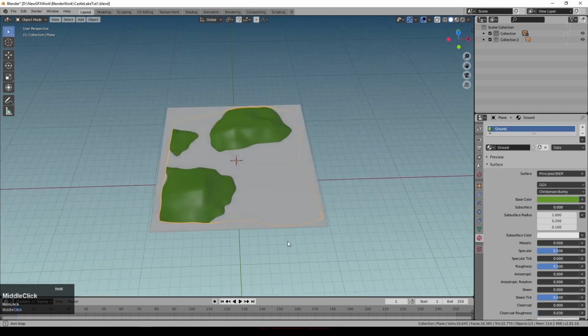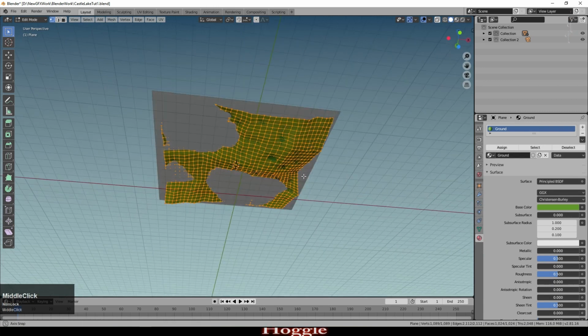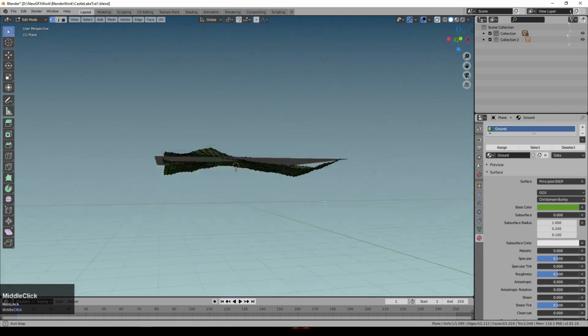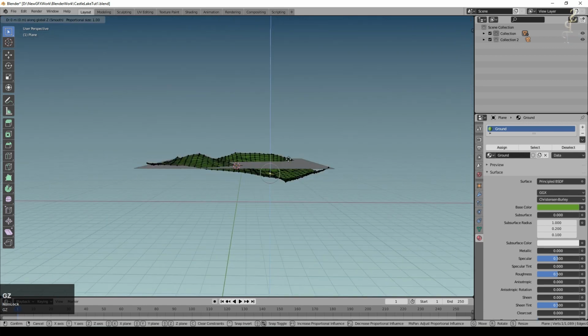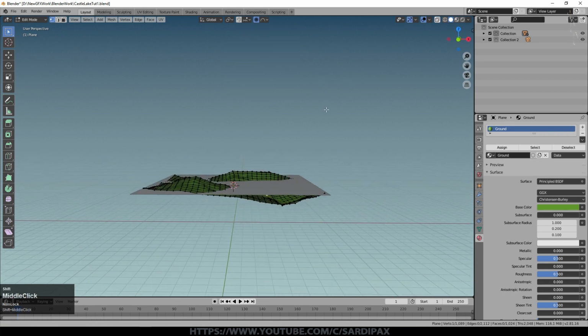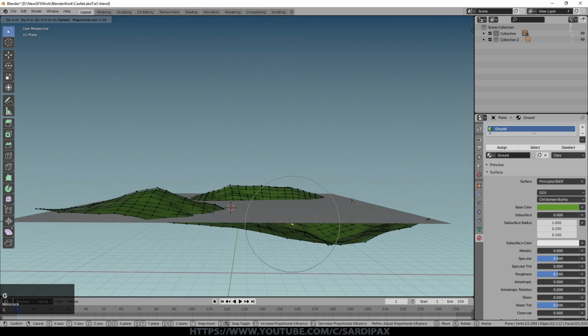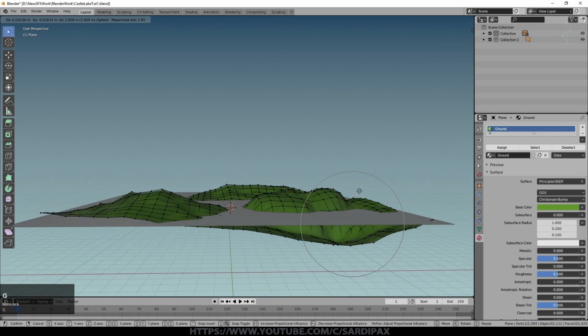So if I select my landscape again, go into edit mode, and I'm going to select perhaps this point here, press O to turn on proportional editing, GZ, increase the size of that influence a little bit, and I think I'm also going to change the shape to be spherical, so it'll be quite a smooth effect. GZ, and we can pull up another hill here. And it's good to have sort of overlapping hills, so I haven't really picked the viewpoint yet.